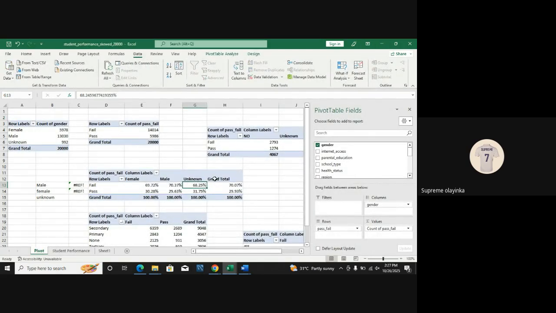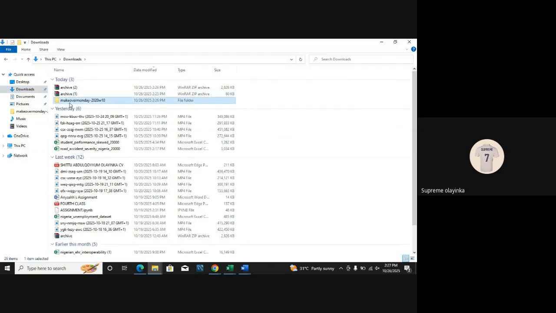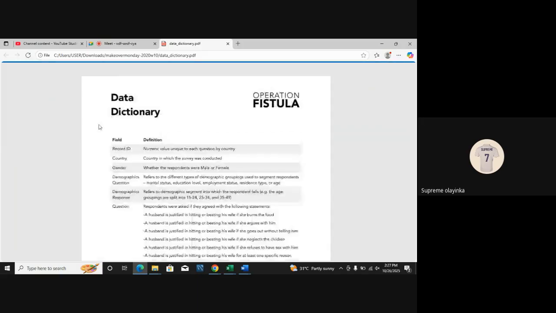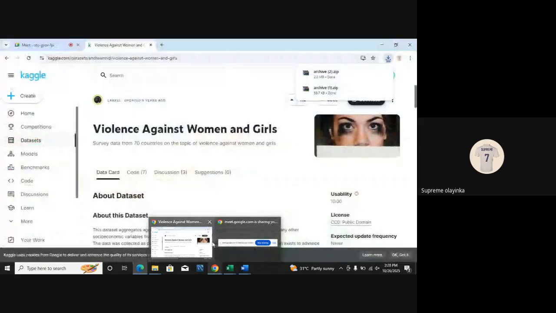Inside this folder, I can see a data dictionary, so I want to click on my data dictionary. I can understand the demographic question refers to different types of demographics used to segment respondents. We have marital status, education level, residence type, or age. Okay, good. I think I understand what it means now. Okay, now let's move forward.